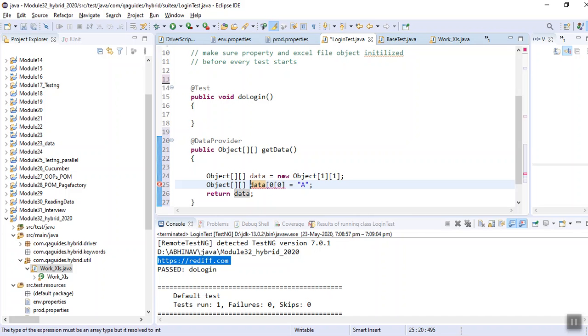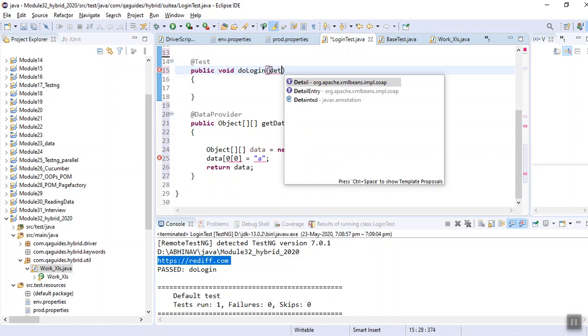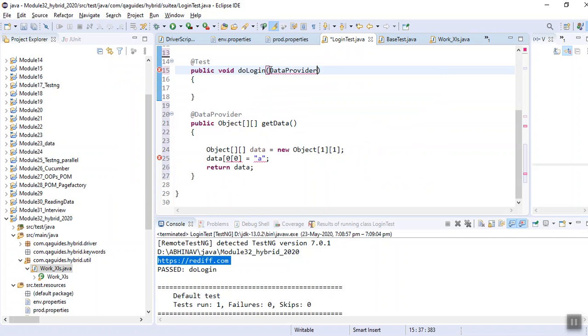Why is it showing an error? Before that, I have to mention here also data provider is equal to get data.